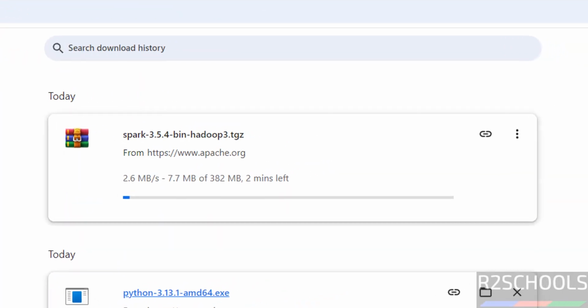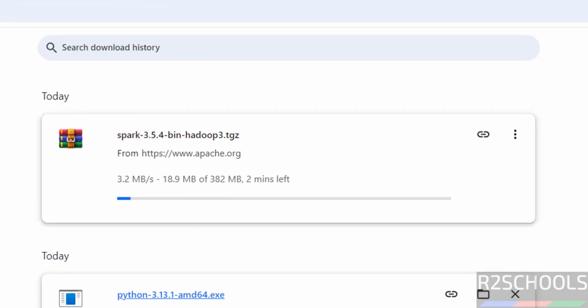See, download started. Go to downloads page. See, its size is 382 megabytes. In the meantime,